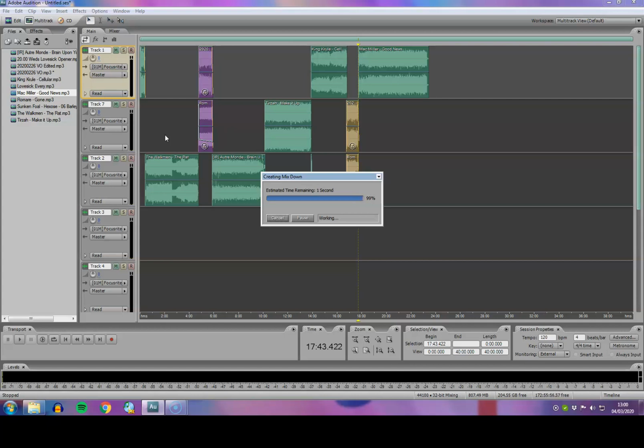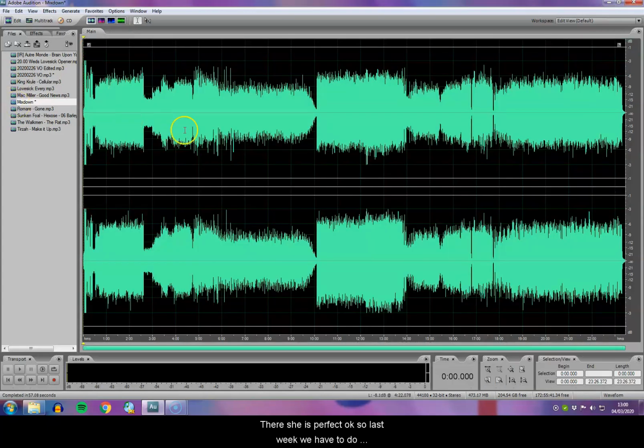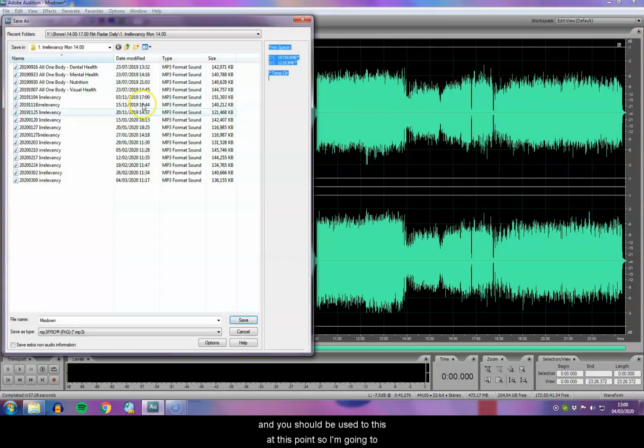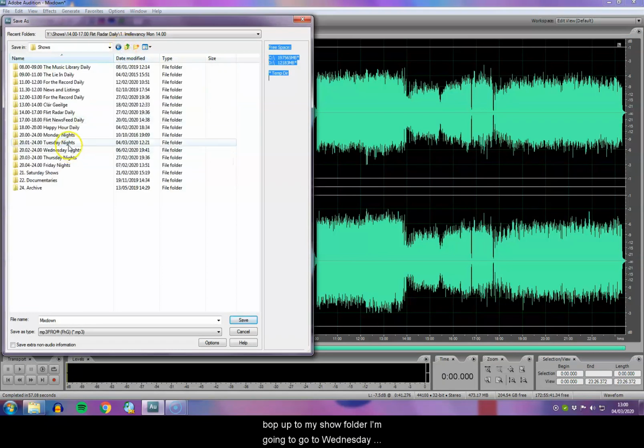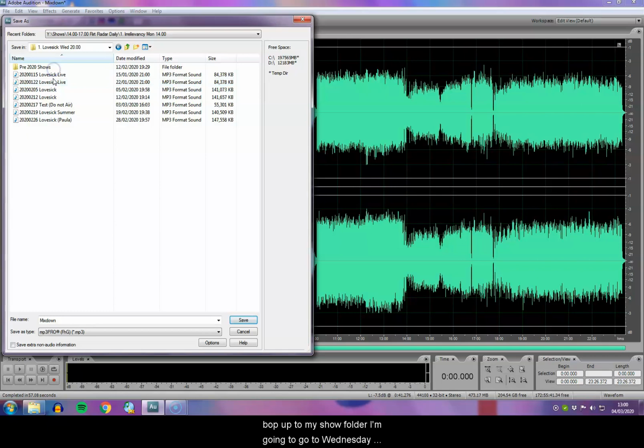Any second now. There she is. Perfect. Okay, so the last bit we have to do, we've seen there's no gaps, the levels all look good, we're happy to go. File, save as, and you should be used to this at this point. So I'm going to pop up to my show folder, and go to Wednesday nights, in my instance here, Lovesick, and then I'm going to call it